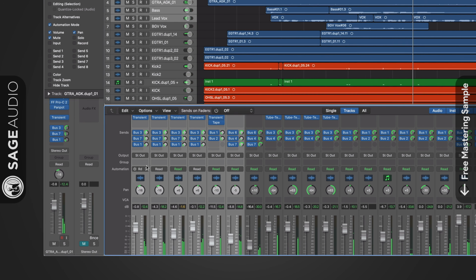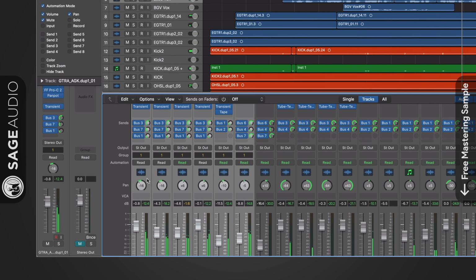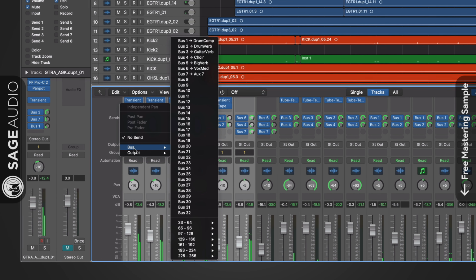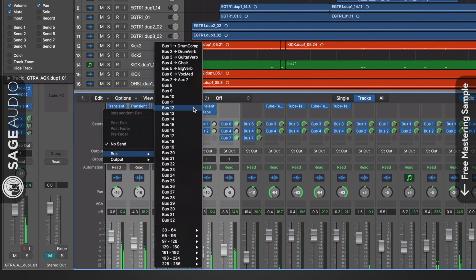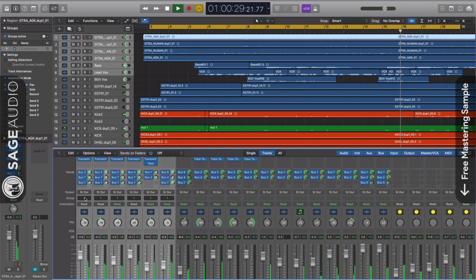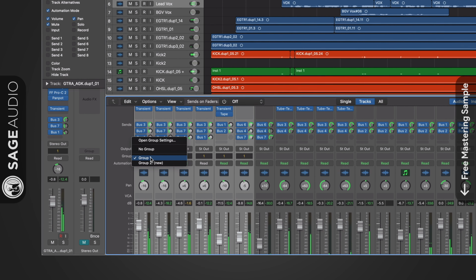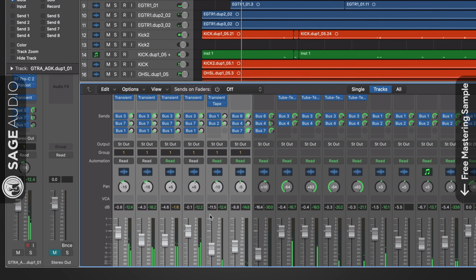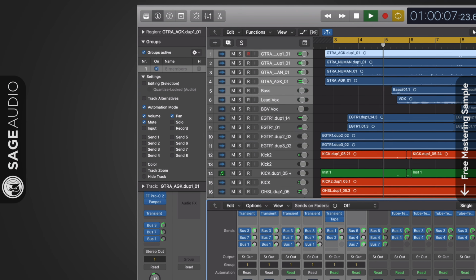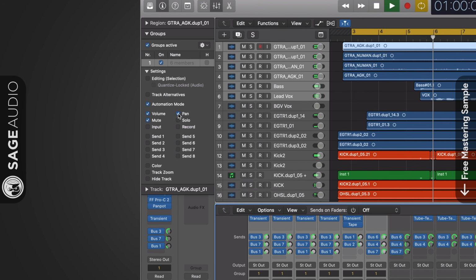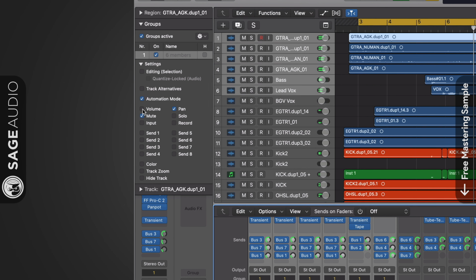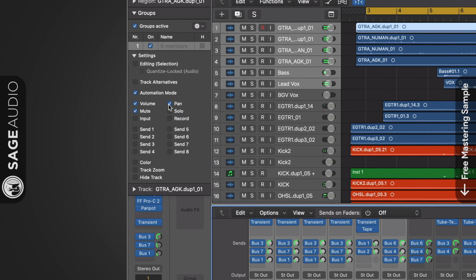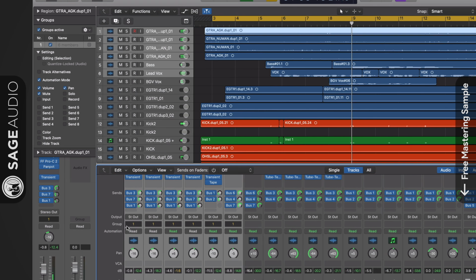Now, although many engineers like to use groups, I personally enjoy creating stereo auxiliary tracks to group my instruments, but let's cover both techniques. Now, if you'd like to organize your sessions with groups, it's as easy as selecting the group tab on your channel strip, creating a group, and then adding similar instruments to that group. From there, you can choose what collective processing that group will entail. For example, you can make it so that group's volume is collectively controlled, or maybe its pan is collectively controlled,